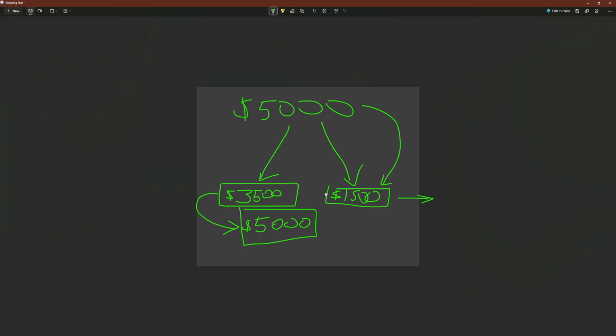You have $5,000 to pay taxes on. So if you've got $3,500 in cash, you can at least pay that portion down, and then you're only paying taxes on $1,500, which are your quote-unquote free shares at this point. I don't know why I draw these all out of order, but I'd rather pay 40% or 35% on $1,500 instead of $5,000, and then you're just finding a way to offset the $1,500 tax burden, which is a lot easier to do in most cases. Does that all make sense?